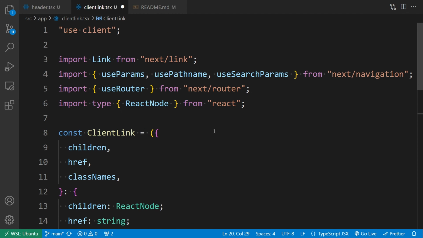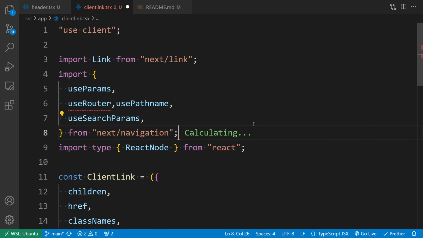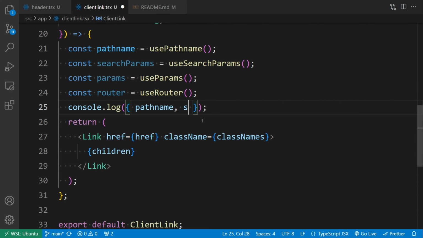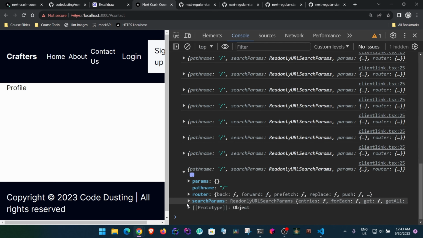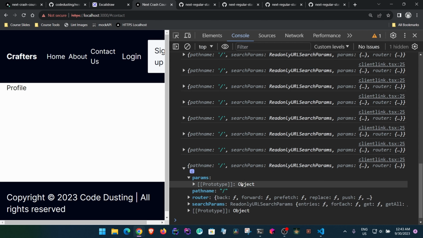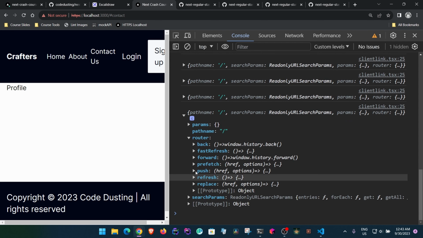Hope this is the same router, not from here. I want it from here. And then we can remove this. Now, then I will say search params, router, save, go back, and here we are. So we have the params as nothing, which is an object. Path name is this. Router is having all the things that we used to have, like back, which is this back,